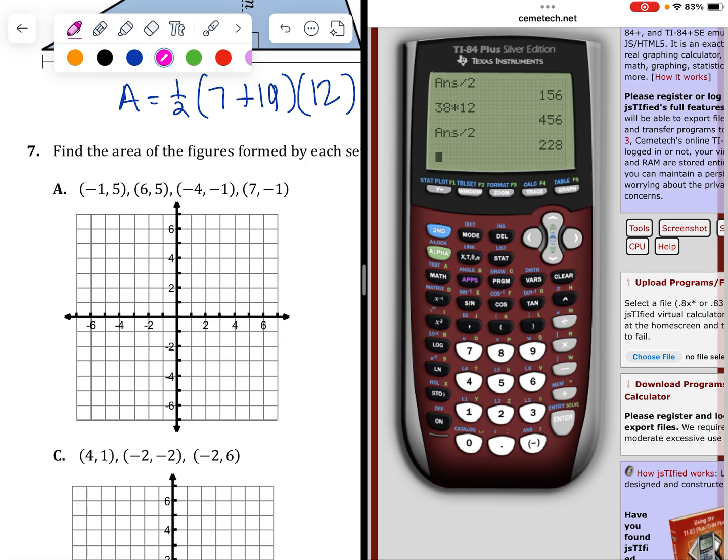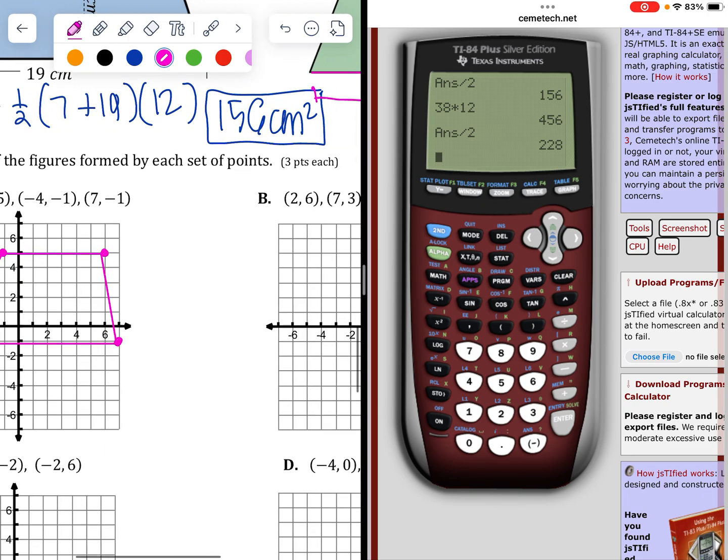So let's graph it. -1, 5. Oops, that is -1, 5. 6, 5. -4, -1. And 7, -1. All right, so I do have parallel lines right here. These two horizontal lines are parallel. And then I have 2 legs. This is a trapezoid. All right, so area of a trapezoid is area equals 1/2 base 1 plus base 2